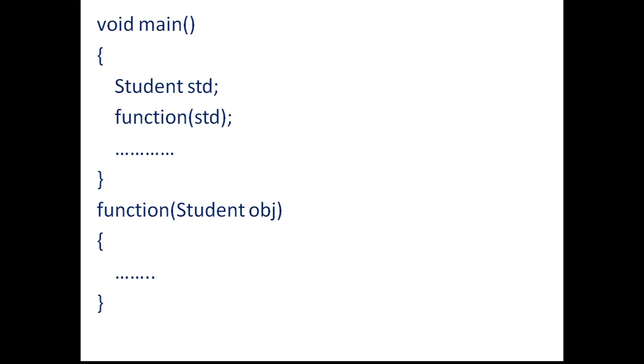Next we pass the std object as an argument to the function, and because this is call by value, a new object is going to be created at the formal parameter. This is actually a new object which is initialized with the help of std. This is equivalent to student obj = std.